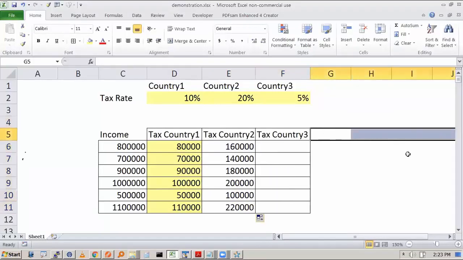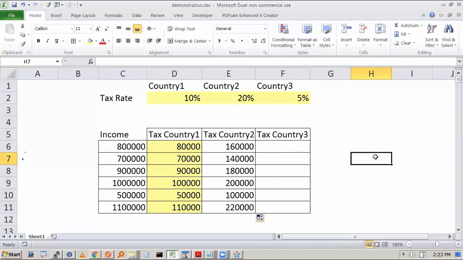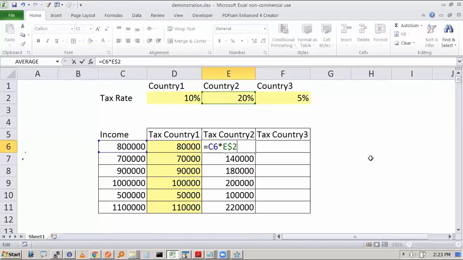Why? Because you have to write one formula for this column, second for this, third for this. If you have 20 countries, how many countries are there in the world? Let's say 200 countries. So if I have to compute for every country, I have to write the formula 200 times, right? What can be done? For that, let's understand this formula. What is happening when you have written this formula?